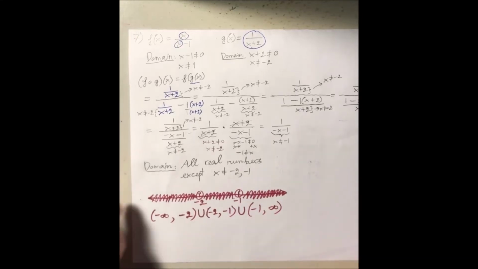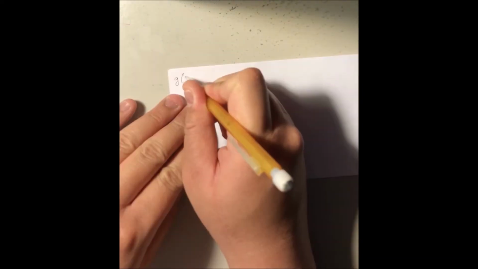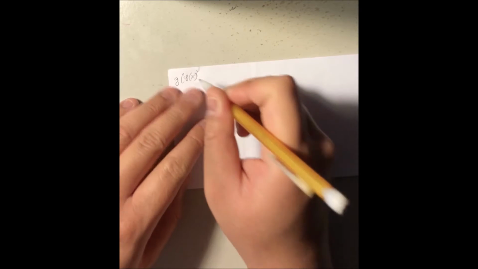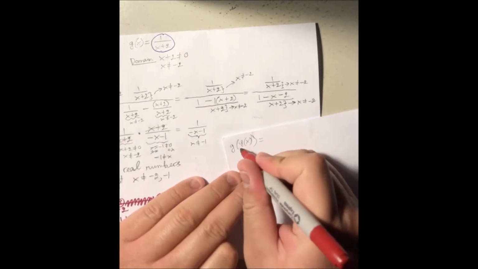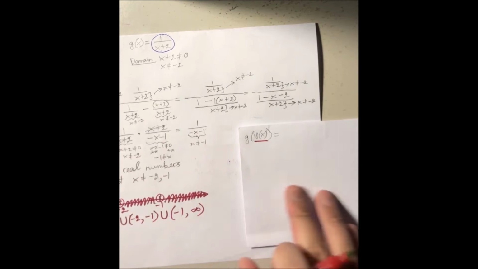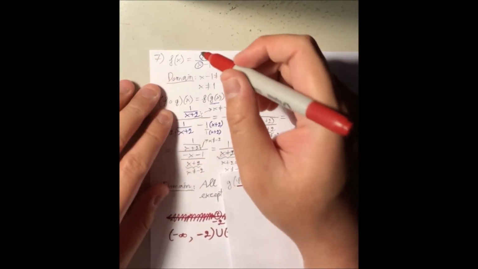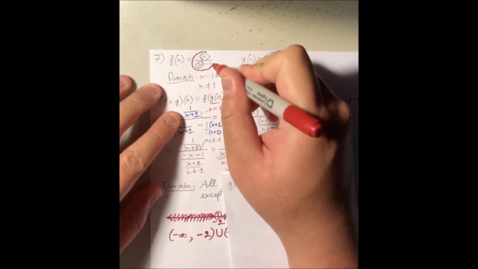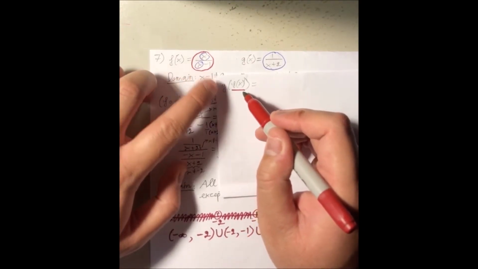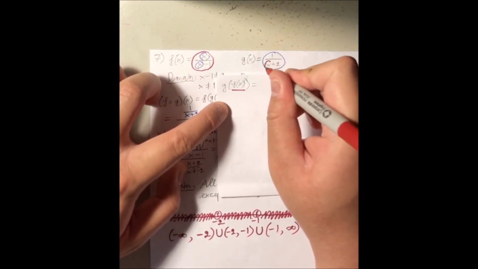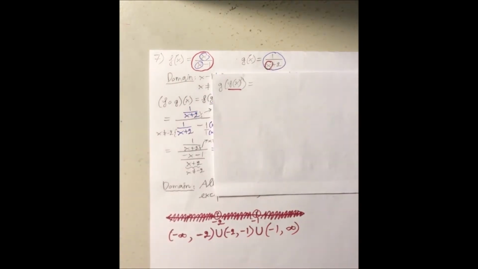Now what about g of f of x? Well, g of f of x equals to what? Let's see. We had a function f here, and we had a function f right here. So we're supposed to take this entire function f and replace all of the x of the function g with that. So that means we are going to have